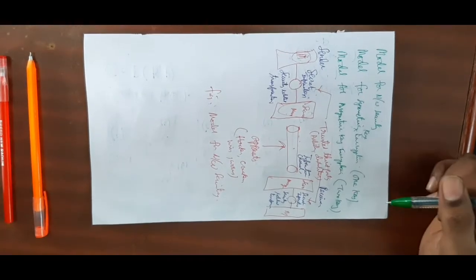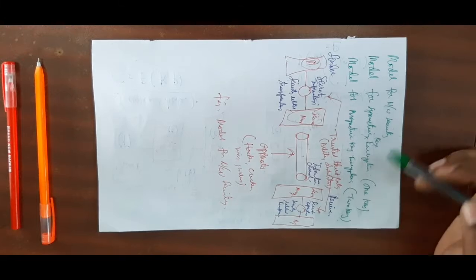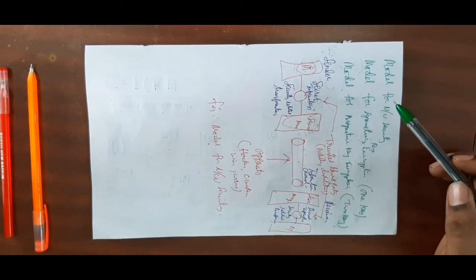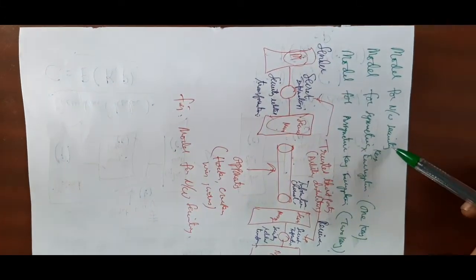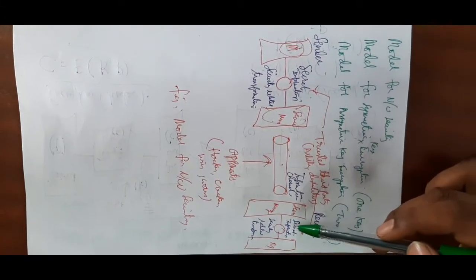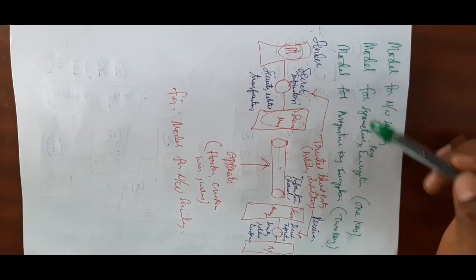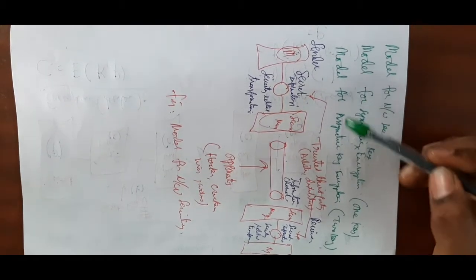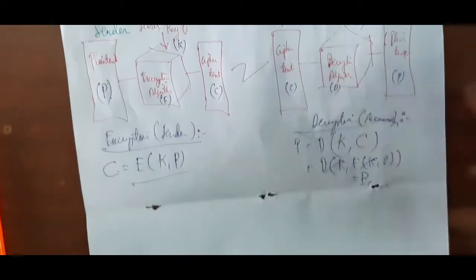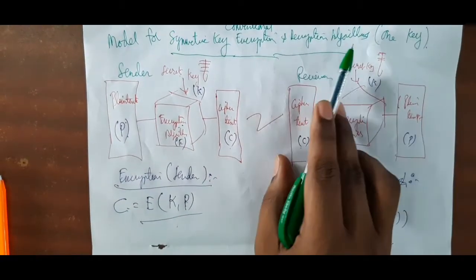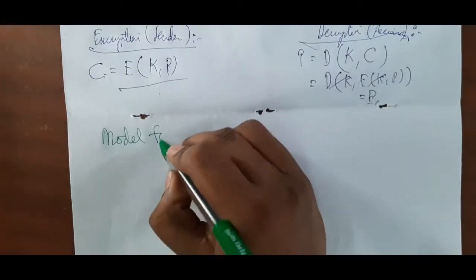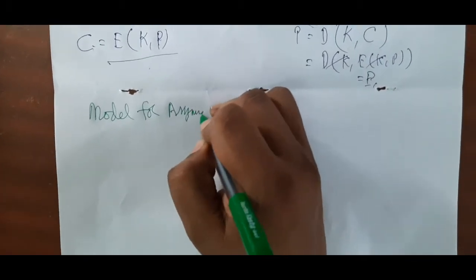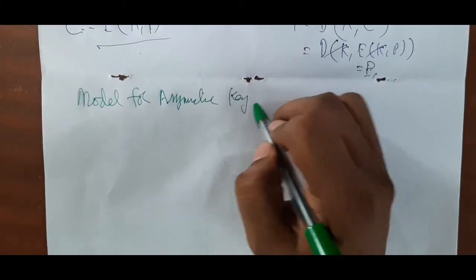So we are going to discuss now the third topic, that is the model for asymmetric key encryption. The main important blueprints here are the symmetric and asymmetric encryption models for network security. We have seen the model for network security, and now we have gone to the model for symmetric key encryption, that is one key, and the model for asymmetric key encryption, that is two keys. We have already discussed the model for symmetric or conventional encryption and decryption algorithm using one key. Now we are going to the third model, that is the model for asymmetric key encryption